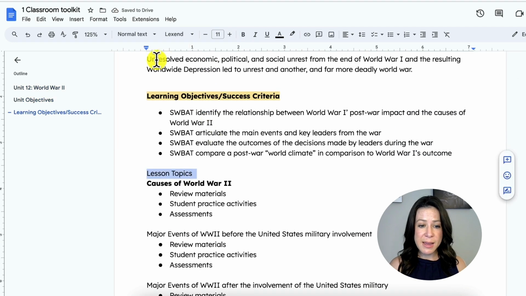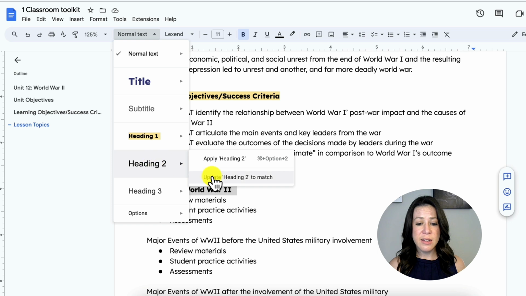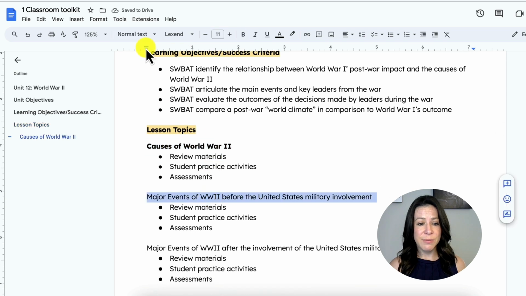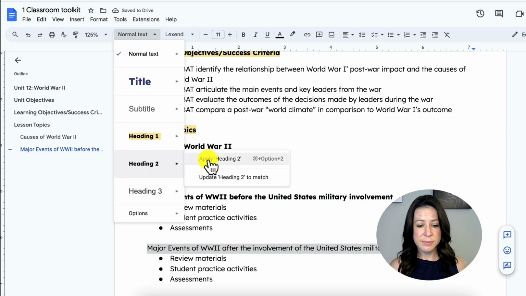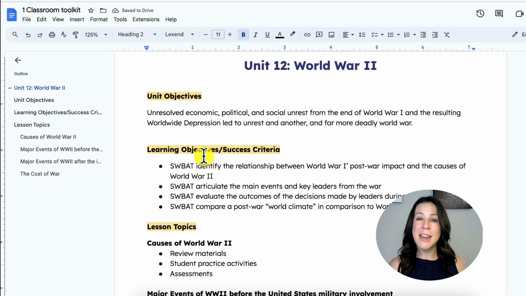I would like this to be a header. And for my subheading, I'll choose heading 2. So let me first update to match. And now my document is formatted exactly how I want it, and I've showed Google Docs how I want my paragraph styles